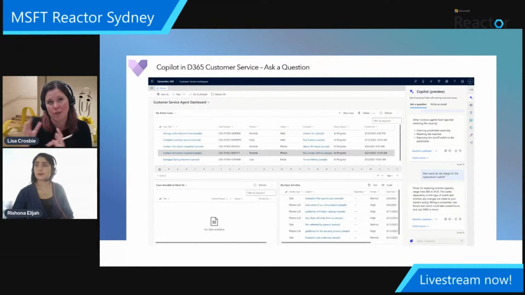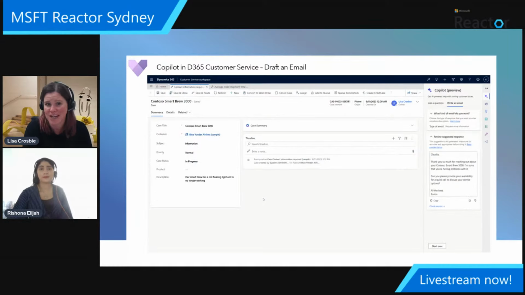This is actually working where the Sales Copilot works in the context of your CRM, opportunities, appointments and notes; this one works with your case histories and knowledge base. Your knowledge base can also be an external website, if you've got a website with FAQs, you can link that up, or it can be the knowledge management inside here. So this is basically a virtual assistant helping you find information. For a service agent, being able to resolve cases more quickly without manually searching for things is going to be a really good productivity uplift. So that's the first example, ask a question.